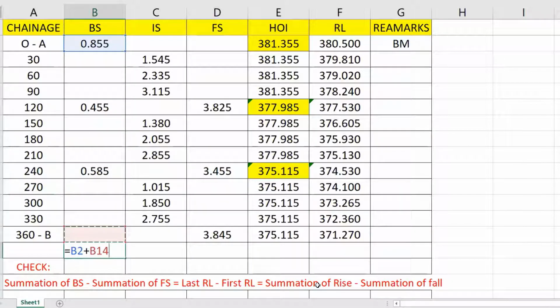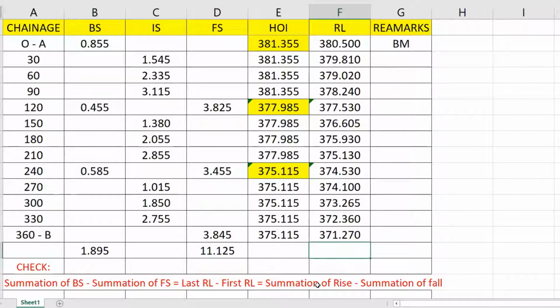This value plus this value, it is 1.985. In the same way, summation of foresight: this value plus this value plus this value.